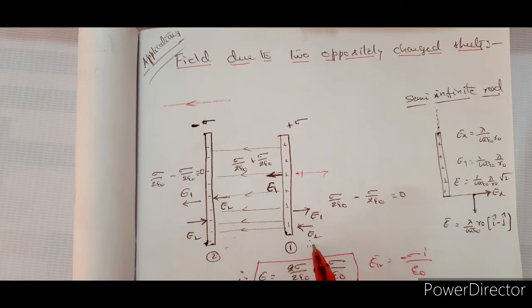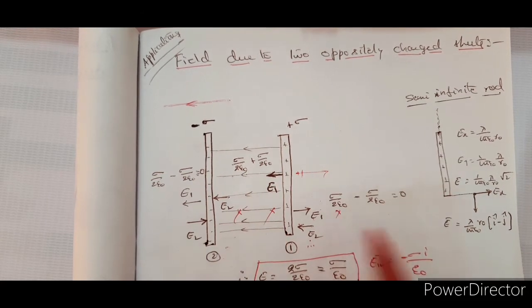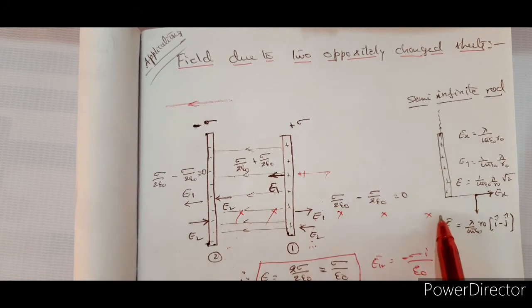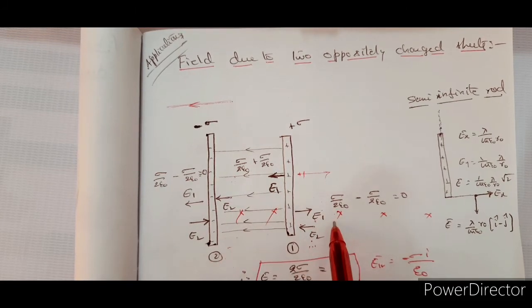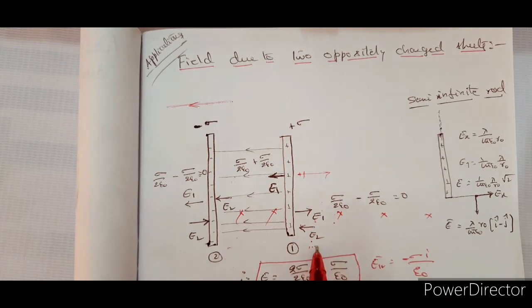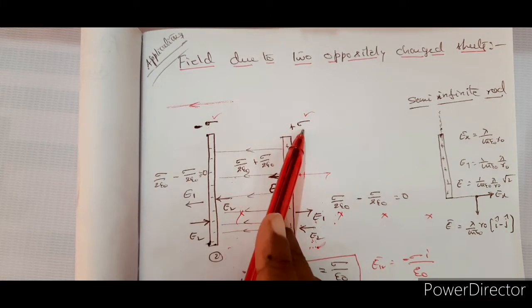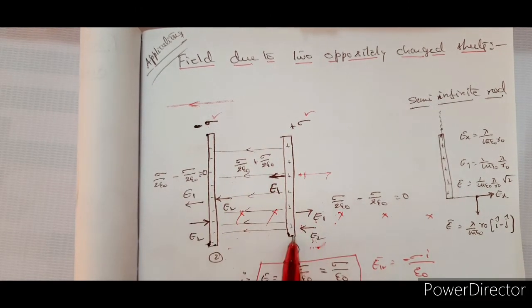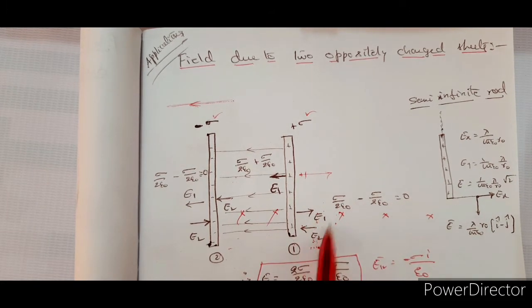Now, how do you conclude that magnitudes are equal? Just now we discussed that for an infinite plane, the E value is sigma by 2 epsilon naught. It's constant, whether it is here, here or anywhere. Electric field strength has the same magnitude. So E1 is sigma by 2 epsilon naught, E2 is also sigma by 2 epsilon naught, because we have considered both to be of sigma. If this is changed, then definitely they won't get cancelled and you will have something else. Clear? Very good. So now E1 and E2 will get cancelled here.